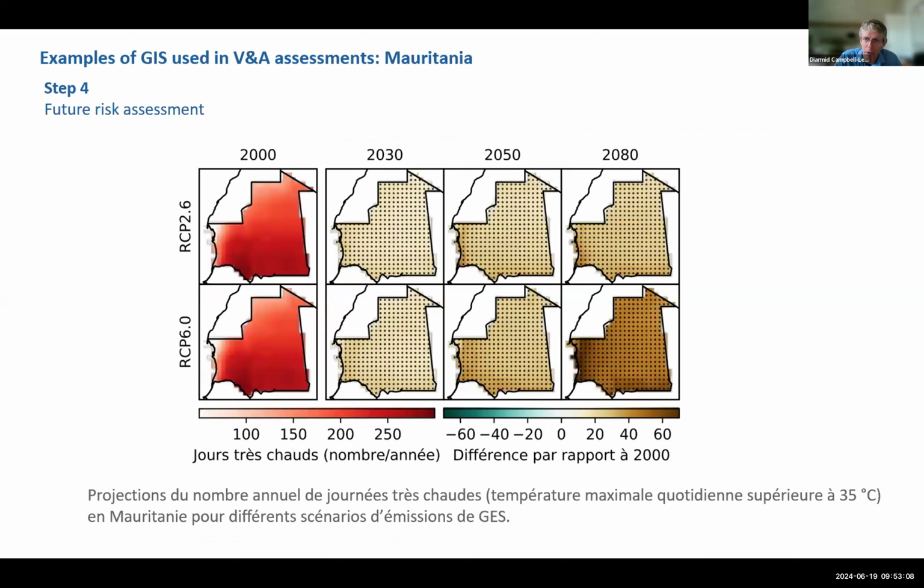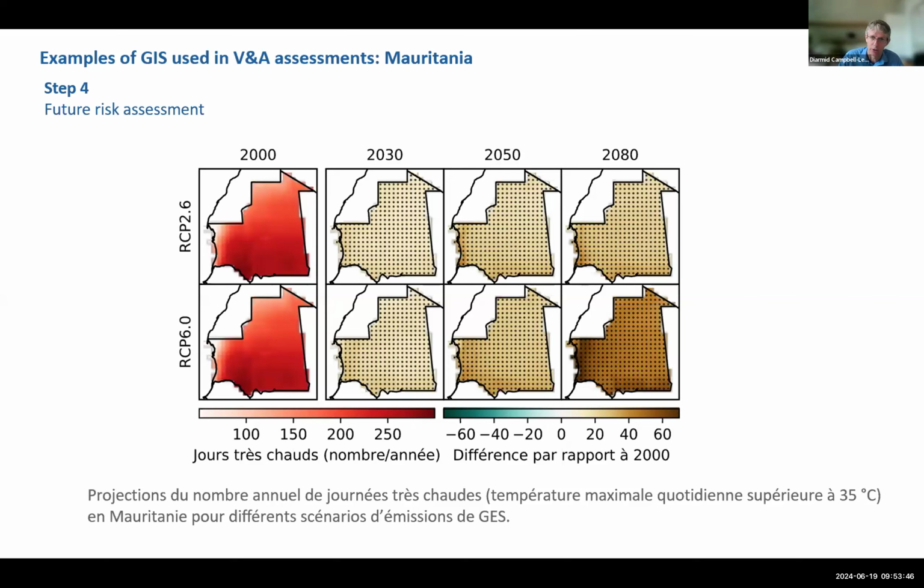And the final example, the final stage which we wanted to highlight, was, in addition to understanding the current risk of climate variability and change overlaid on the underlying determinants of vulnerability in terms of social systems, public health systems, and so on, we can also use GIS in order to project the spatial distribution of the evolution of future hazard. So this is an example from Mauritania, where